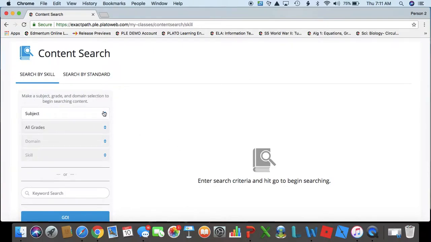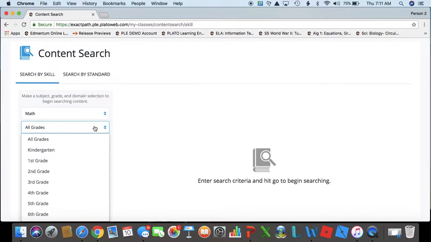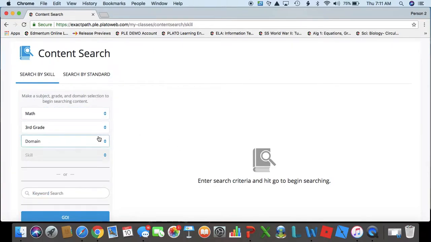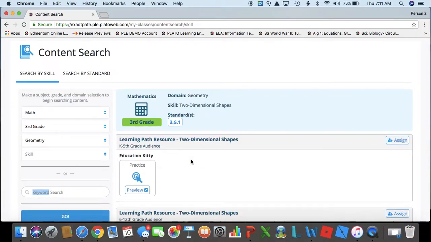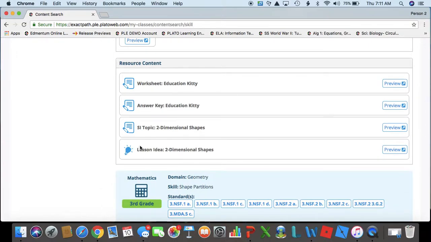There's lesson plans within the content as well, so you can look and see what lesson plans are available for teachers. So here's a lesson idea right here on 2-dimensional shapes. If I click that,